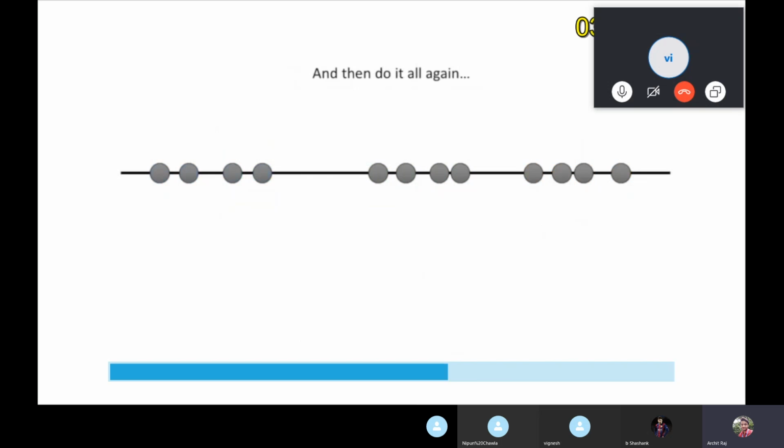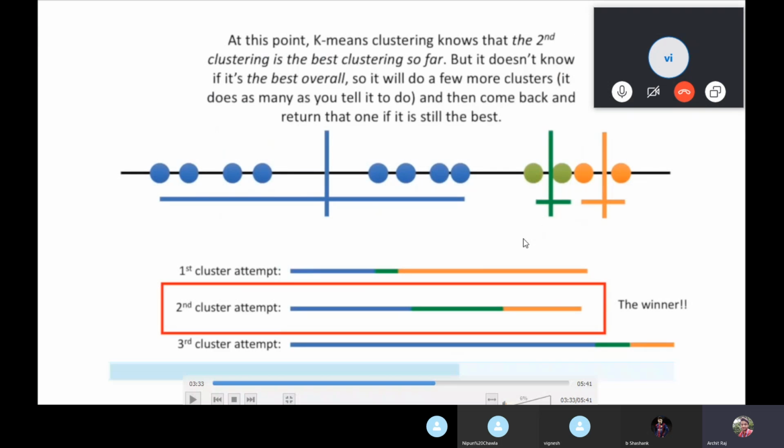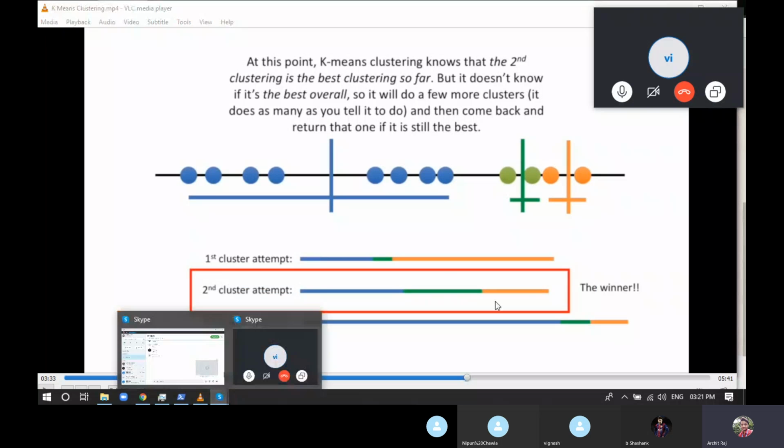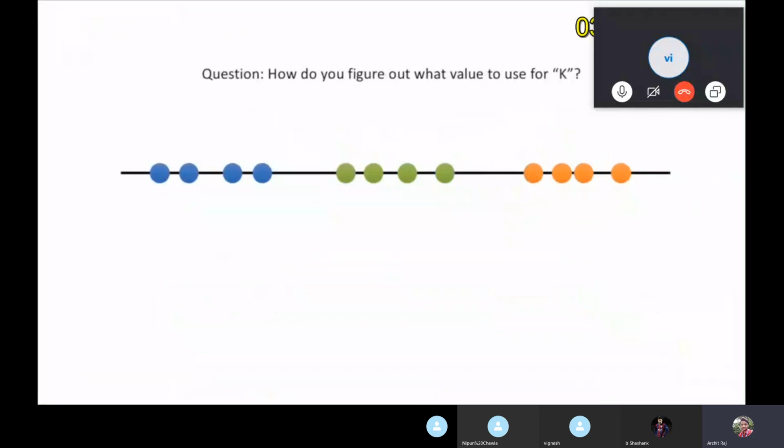After a few attempts, in this particular example we took three attempts, the machine saw that the second attempt has the better variance, because the cluster distribution is way better compared to the others. So the second clustering is the best one you can get. This is how the k-means algorithm works.